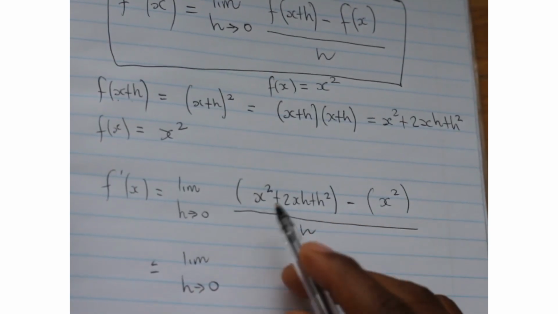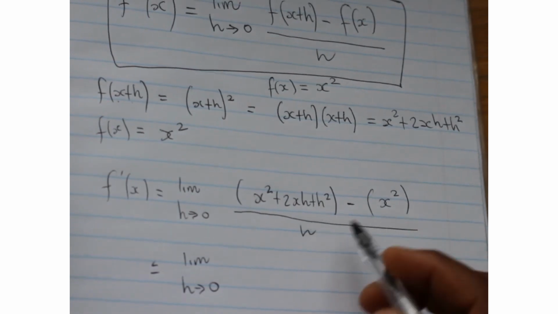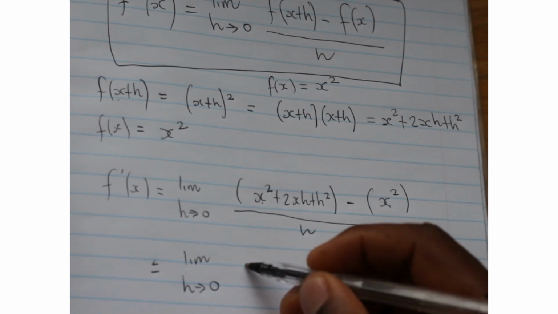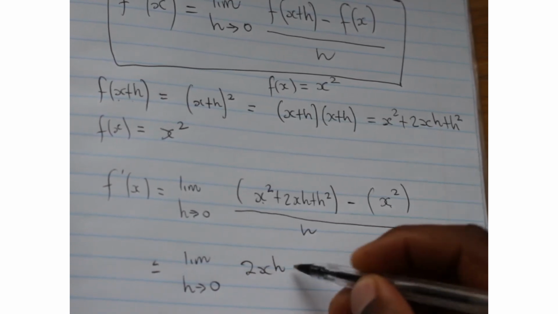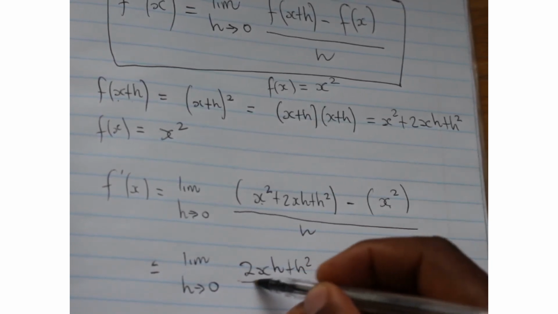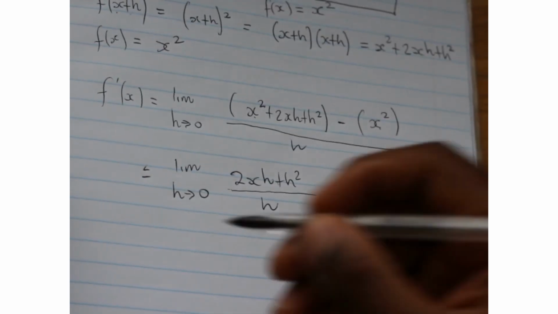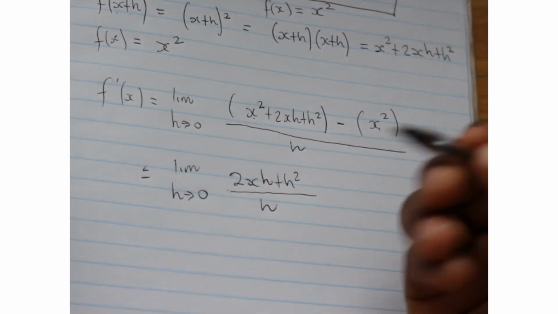numerator. So x squared plus 2xh plus h squared. Obviously what's going to happen here is x squared and x squared cancel. So we're going to be left with 2xh plus h squared. That's what we're left with in the numerator. Okay, so let's go right ahead and then